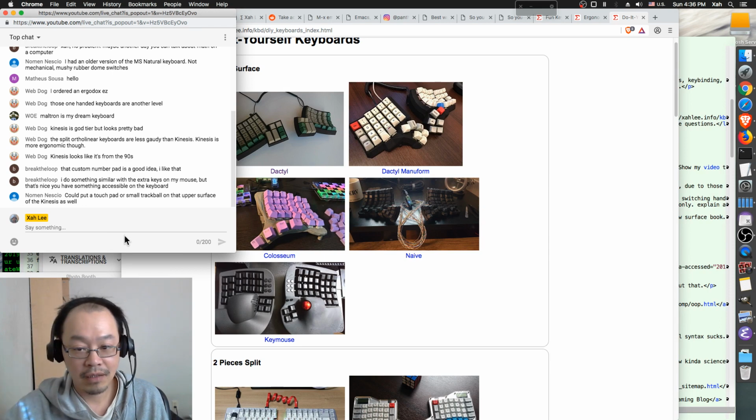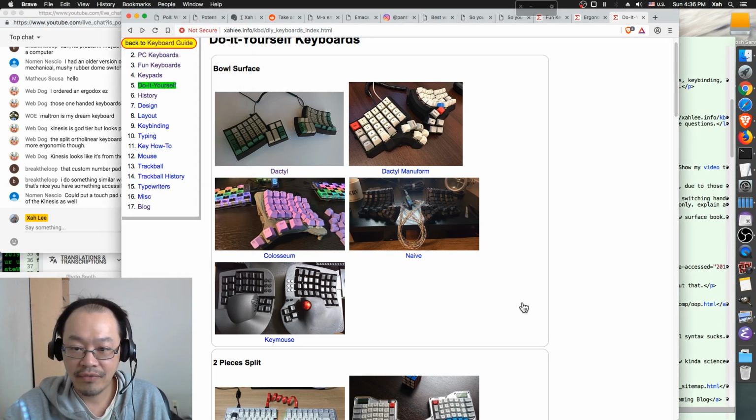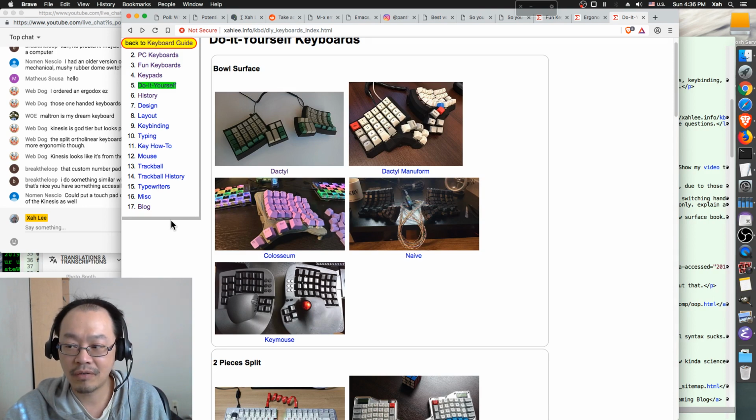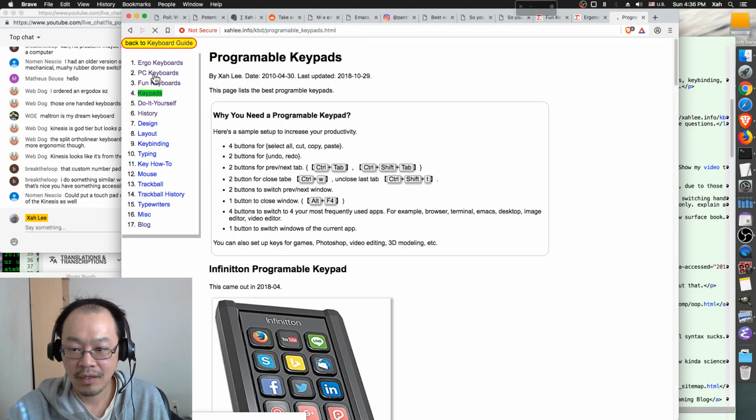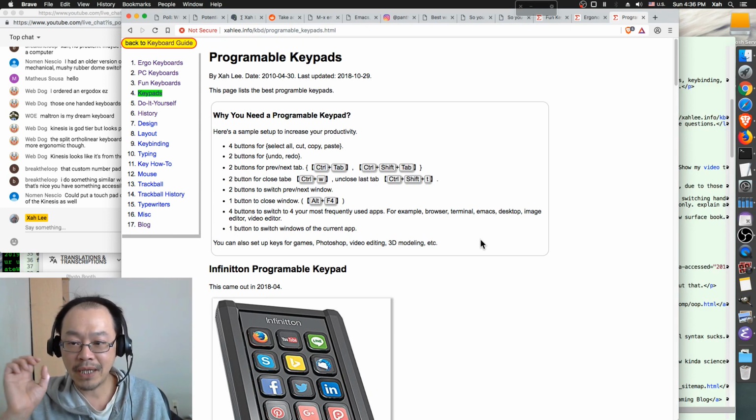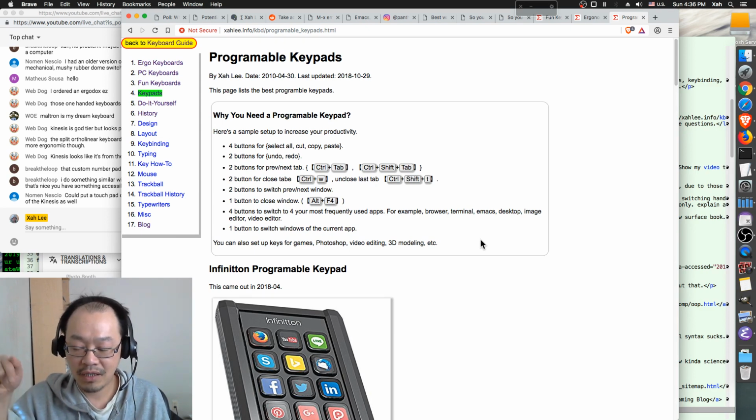I like that. Yeah. And if you like that, I have tutorials showing you how to do that, how to program that. So for example, if you go to keypads, the best solution if you want single function keys is actually just to buy a programmable keypad.